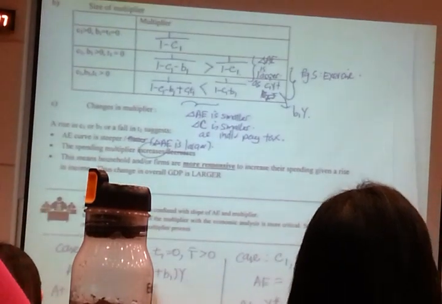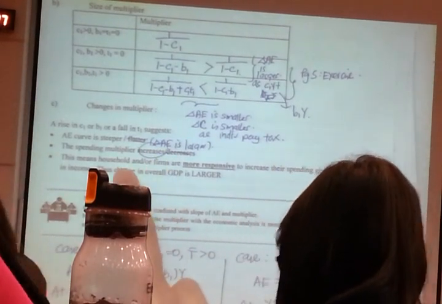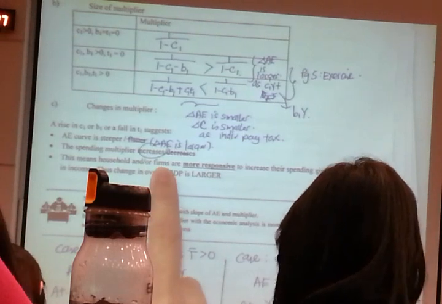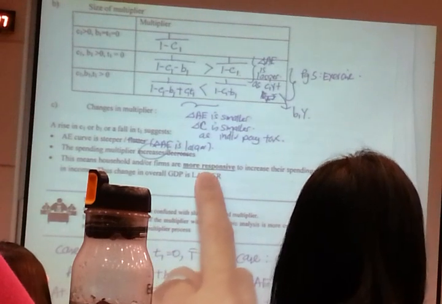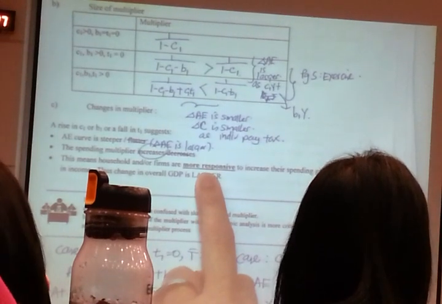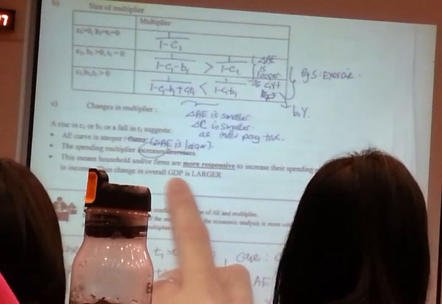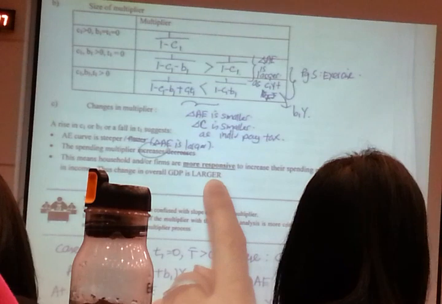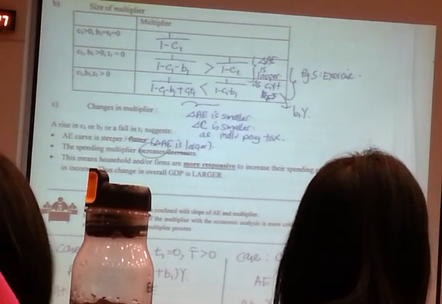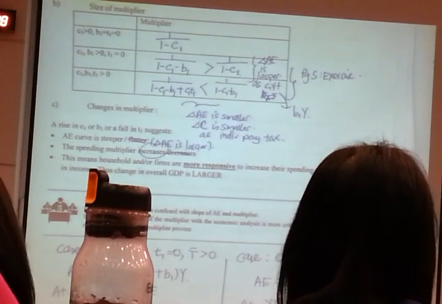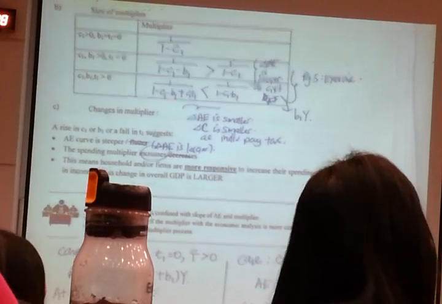Okay, and then I'm repeating the entire answer again. Right, a bigger multiplier because you now have household and firms. The bigger C1, a bigger B1, or a lower T1. They are more responsive to spend. Okay, so change in AE is larger, change in GDP is larger. So you can see everything, right, leads from one point to another. It's very consistent. I've done zero memorizing work here. But if you study in a very consistent manner, you will have